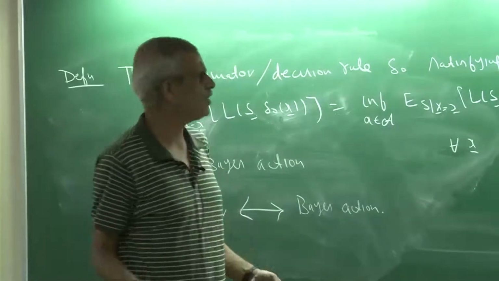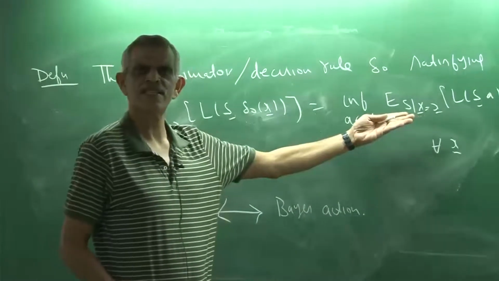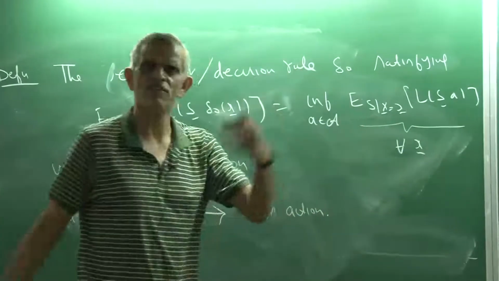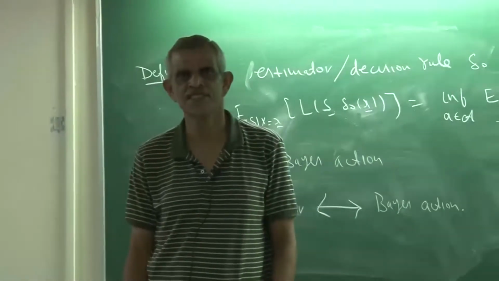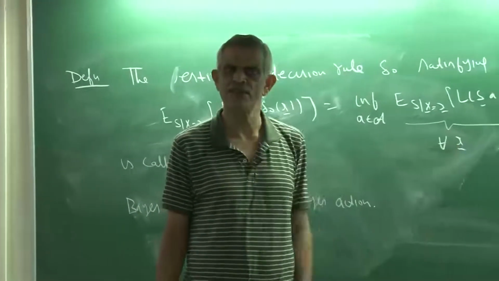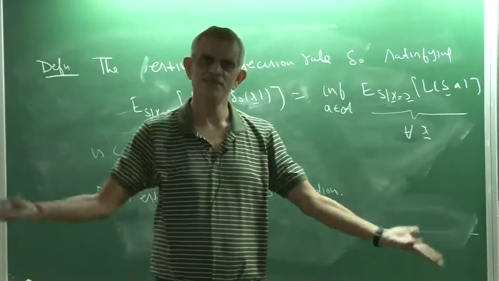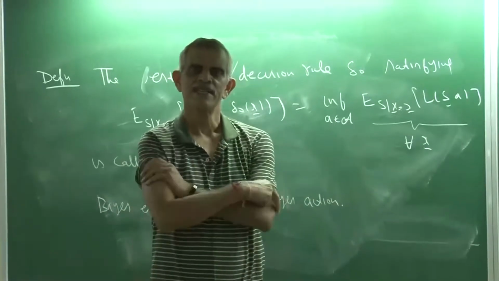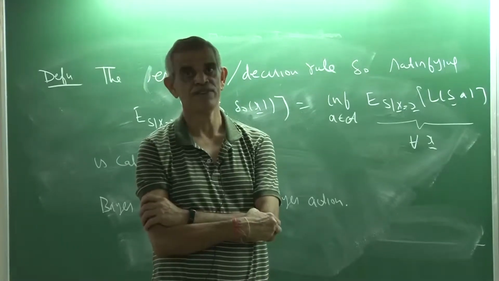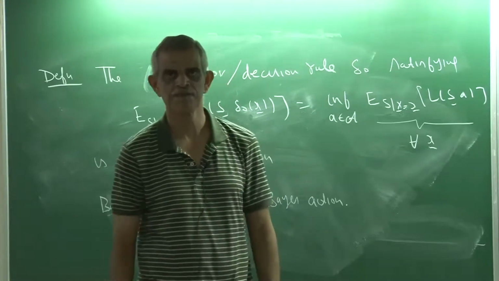If I have to consider the posterior distribution, the natural thing to consider is the posterior loss, which is this, and think of minimizing this. So what this result suggests is once we minimize the posterior loss, that gives me the Bayes estimator, which is the one which minimizes the average risk over all thetas.